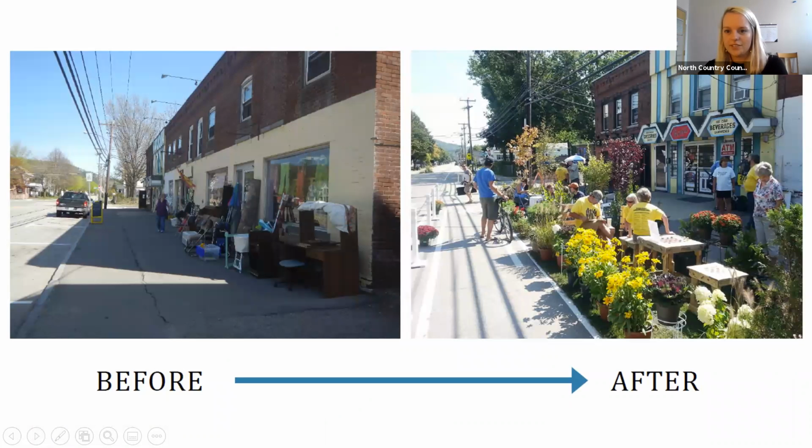And this is taken from JB's area. Was this in Keene or Jaffrey? Keene. This is a before and after. You can see there wasn't much happening on the sidewalk here. And then they fit in a temporary bike lane and all of this nice seating area. If you want to talk a little bit about what putting this together was like. Yeah,